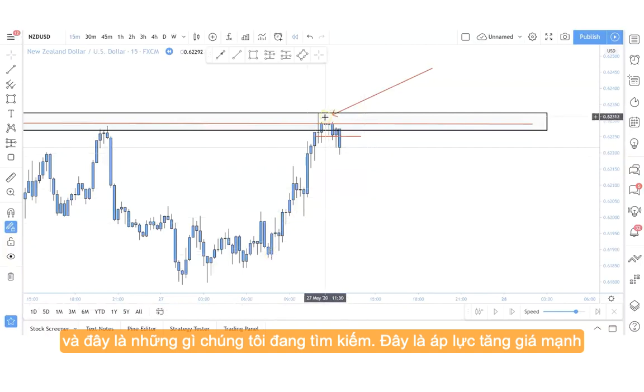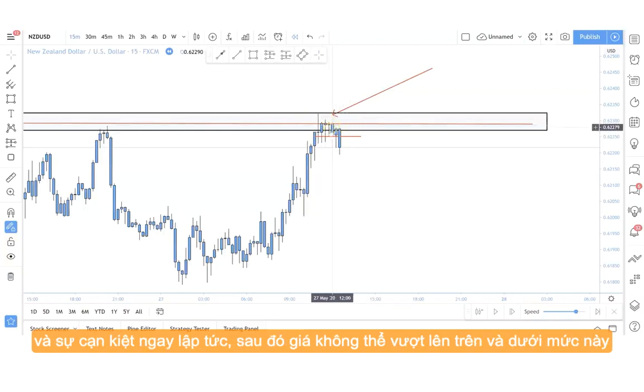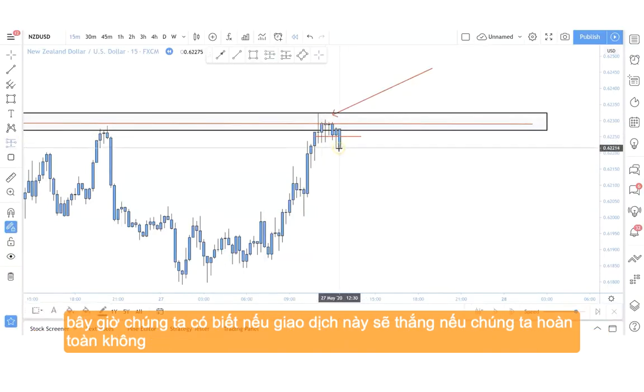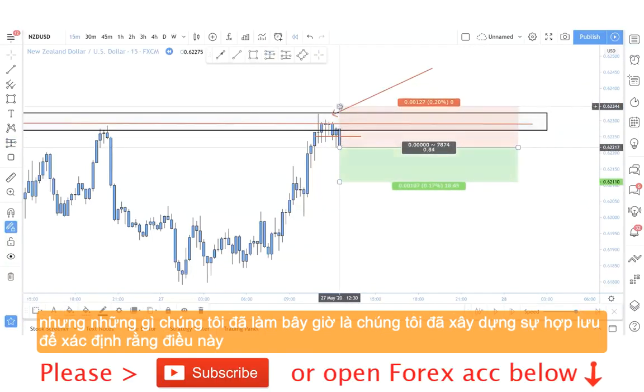This was strong bullish pressure into this key level on the hourly time frame, an immediate depletion. Then price was failing to break above and below its own structure, and then immediately we've had this break below. Now, do we know if this trade's going to win if we take it? Absolutely not. But what we've now done is we've built